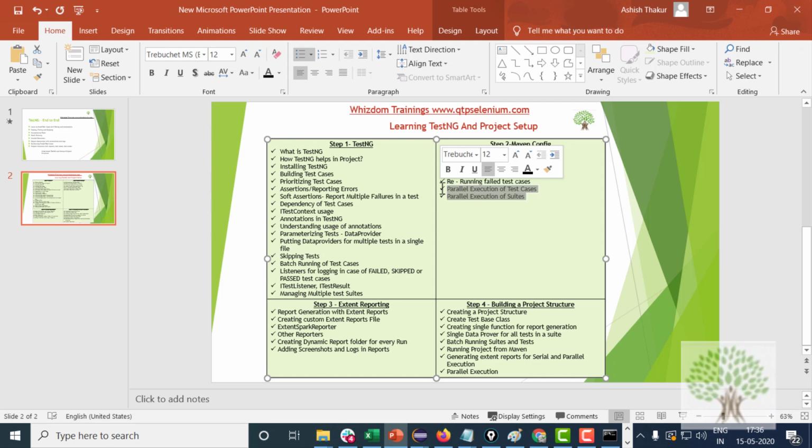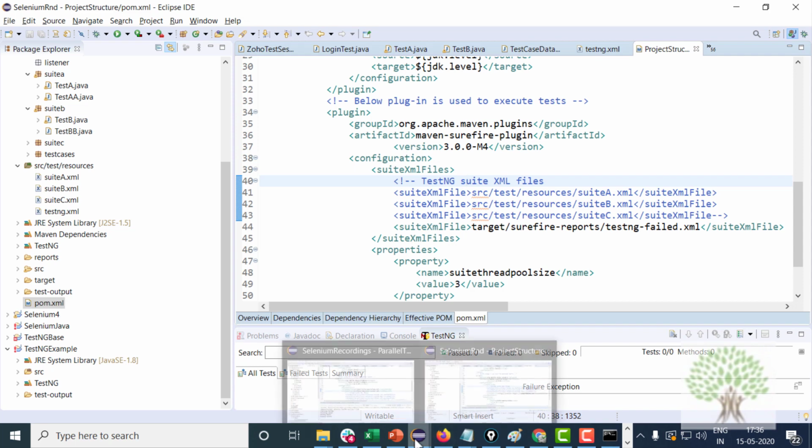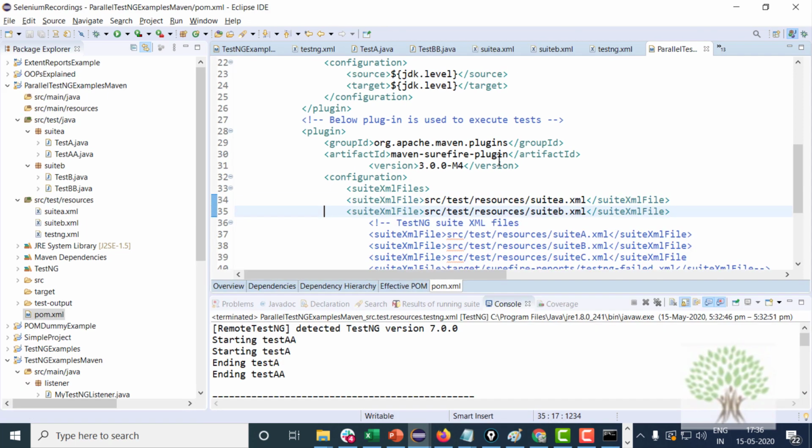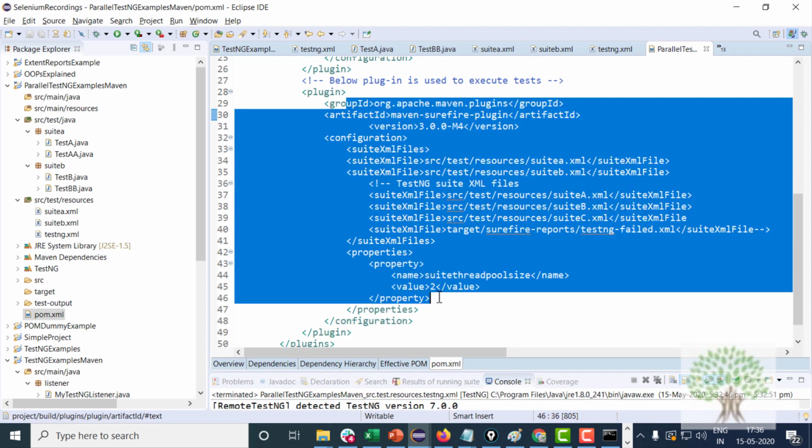But the question is, if TestNG is able to run the test suites and test cases parallelly, then why do you want to have Grid? The answer to this is simple. If you want to run parallelly on a single machine, you can do that with TestNG.